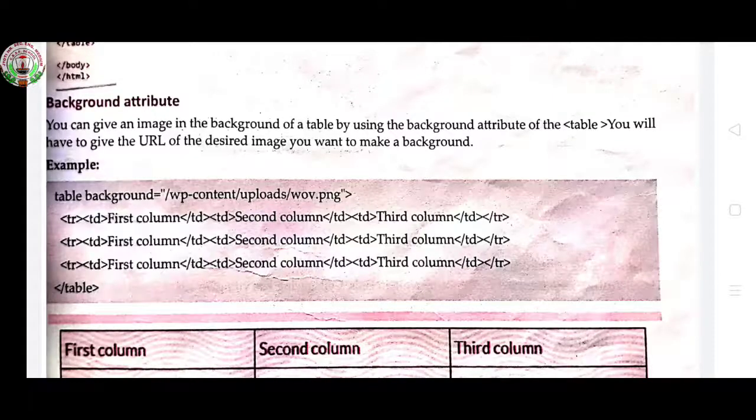So table background is equals to, inside inverted commas you enter the complete path where your image is, close tag, then opening TR, then TD, first column, close TD, then again open TD, second column, close TD, then TD third column, close TD, and at the end you close TR.